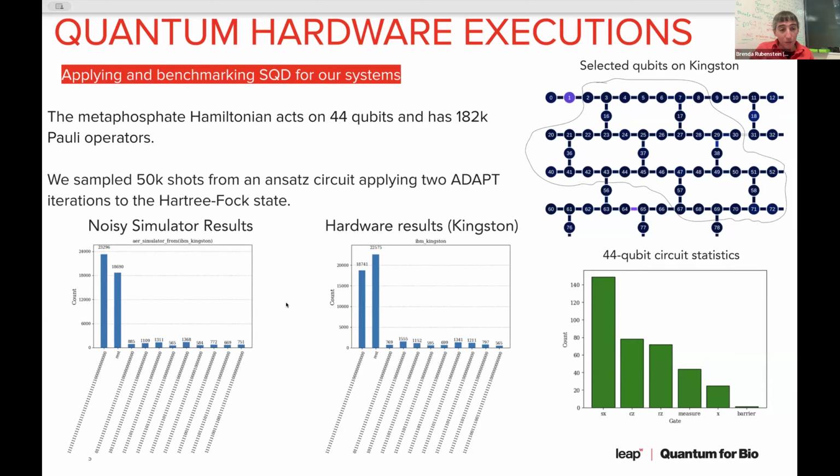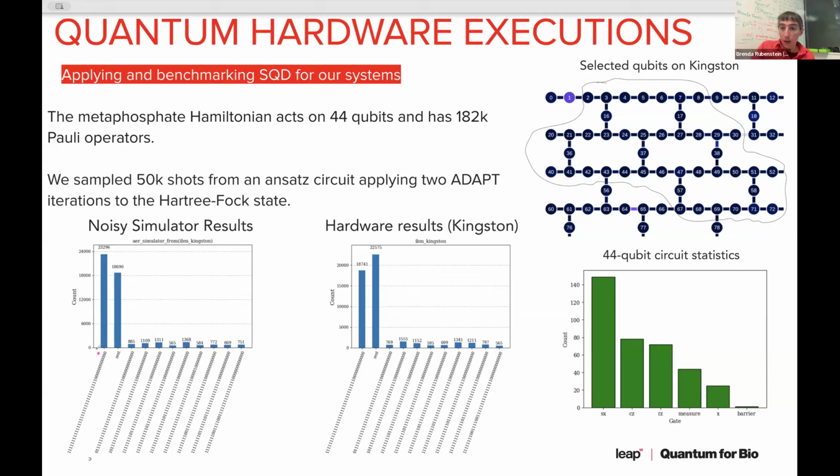And it roughly will take 182,000 Pauli operators to execute. So we recently ran this on NERSC, literally in the past week. It was really just to understand, with a shallow circuit, what kinds of things come out. We're running with deeper circuits right now. So with a relatively shallow circuit and just sampling 50,000 shots, what we can take a look at is what